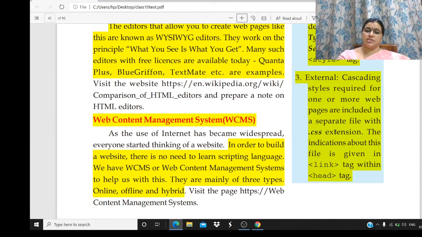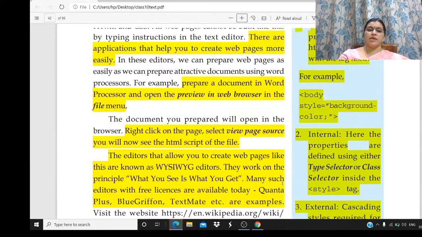The web pages. Creating a style and then calling its link is what we call external cascading style, that we learned in the last class. The style file should be saved as .css, not .html. How should the file where the style is kept be saved? .css. Okay, then that file will be called inside link, inside the head tag. Okay, this we have covered in the last class.